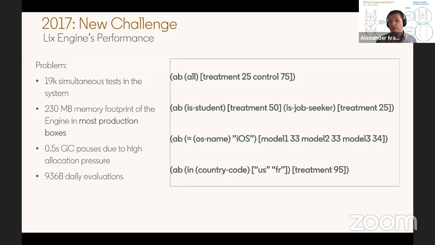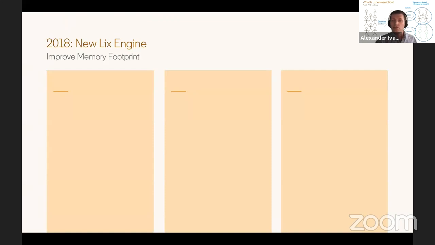And at that point of time, we handled around 1 trillion evaluations per day. So it called for an improvement, because the engine was bottlenecking some of the services, and the services could not scale without improving the performance of the engine. So in 2018, we released the new engine, and our original goals were having the same execution speed